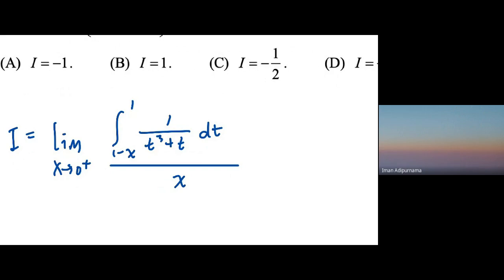So what you need to do first is you switch this first, okay, so that you can apply the fundamental theorem of calculus. You switch this and take minus and write minus. If you switch the endpoints, then you need to write down the minus. Okay. So this you can write as